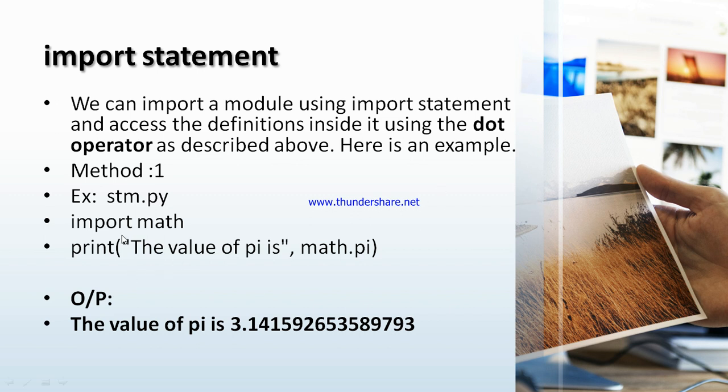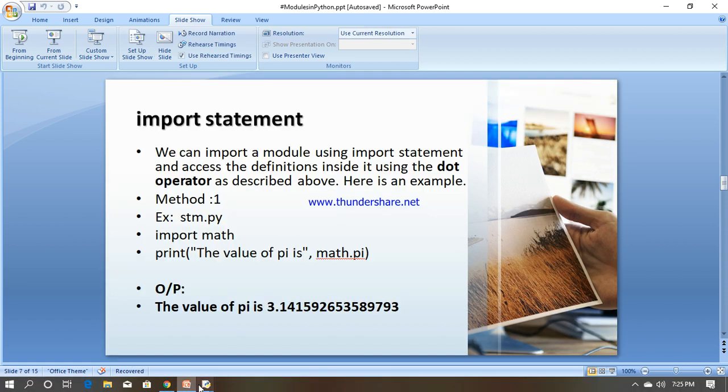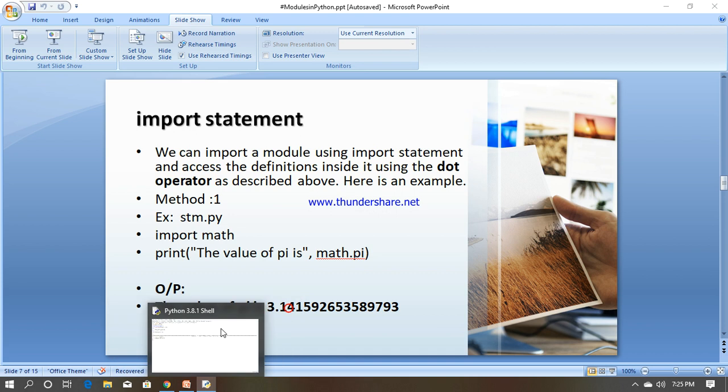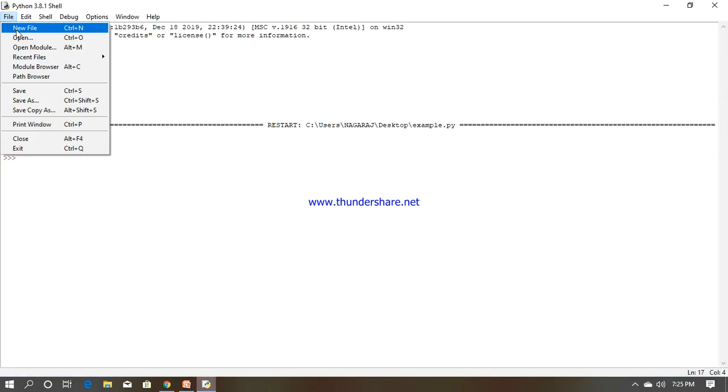That is example stm.py. I'm writing the code import space math and print the value of pi comma math.pi. So like this you can use it with the dot operator. So what will happen, I'll show the demo here again. So come back here. In the Python script you can open the program. This is over, so I'm closing this one. I'm going to open the stm.py